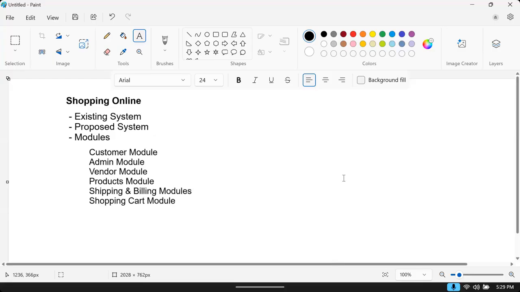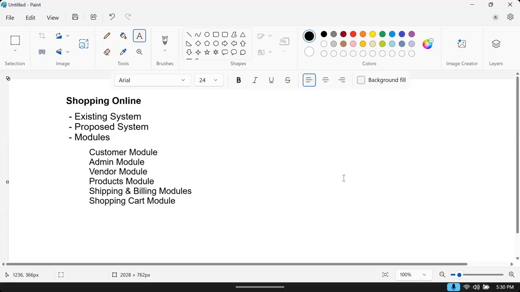Now the question here is, a developer should understand the role and responsibility of every module. What the customer module will do, what the admin module is going to do, what the vendor and products module will do. Generally when you are building a project, these all are primary things. You need to know what modules are required to build this app, and the roles and responsibilities of every module. I will show one example.